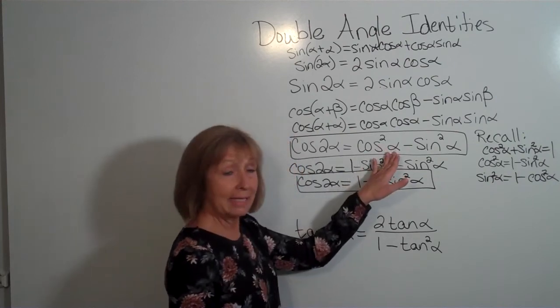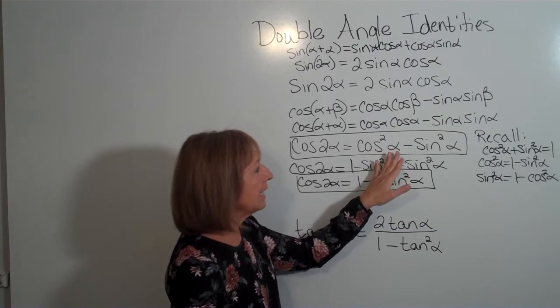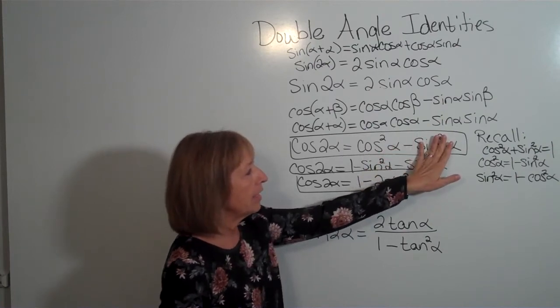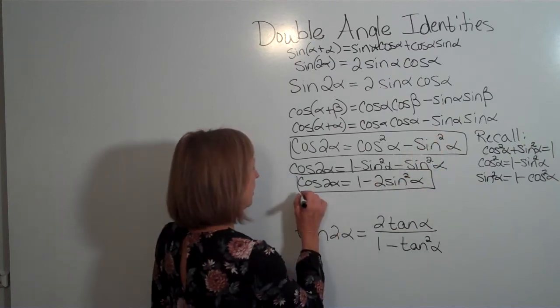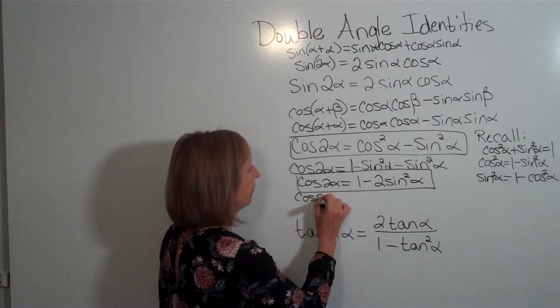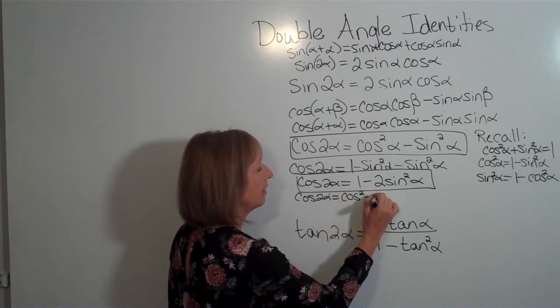So if I go back to the one I originally generated, and take out the sine squared alpha and replace it with 1 minus cosine squared alpha, this gives me cosine 2 alpha could also be cosine squared alpha